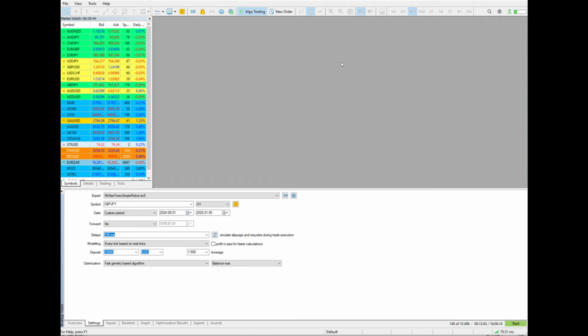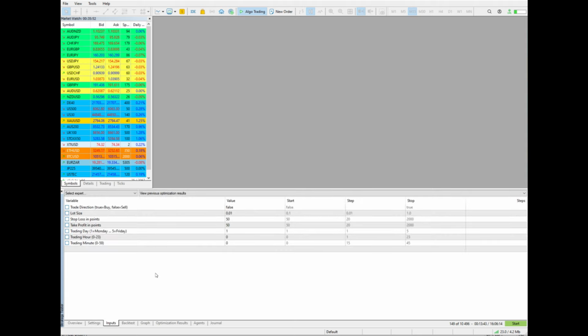So what I've done here is I've made a trading robot. It's called the Forex Simple Robot. And how it works is it will either buy or sell an instrument with a stop loss and take profits on a particular day at a particular time. And it sounds really simple, and it is really simple because sometimes the best strategies are really simple. I'm not saying that this is a great strategy, but this is more of a way to show you how